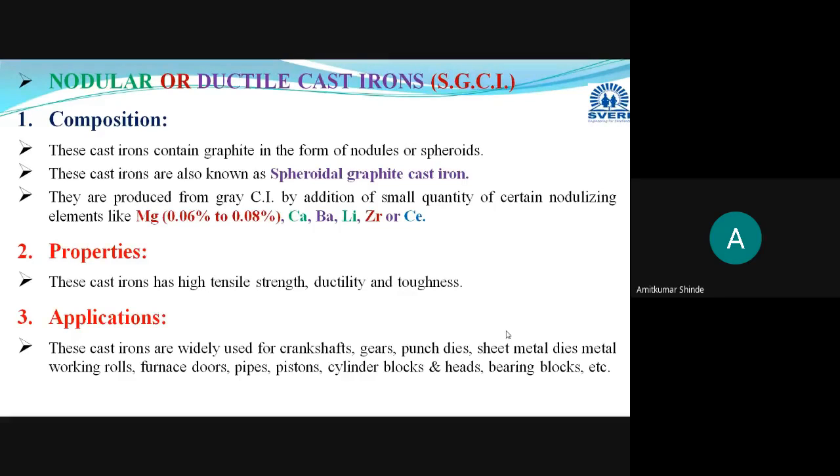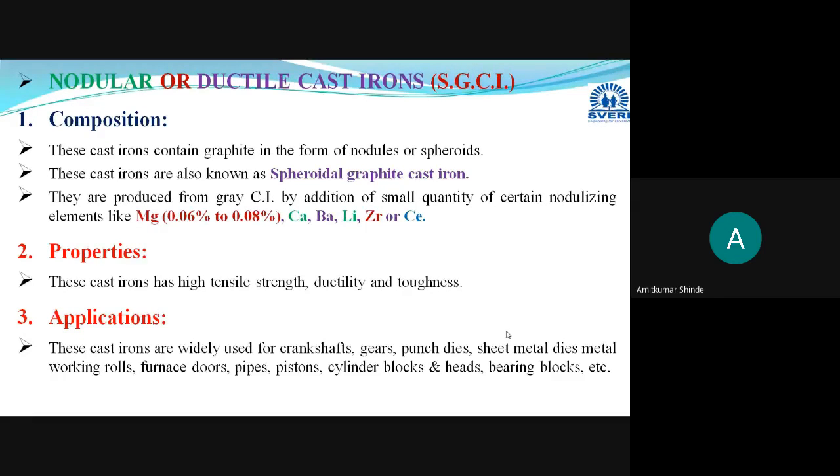Spherical graphite will be there, and due to that spherical nature it will provide ductility and toughness, and along with that its tensile strength will get improved. Now the last point in this nodular cast iron is applications. These cast irons are widely used for manufacturing of